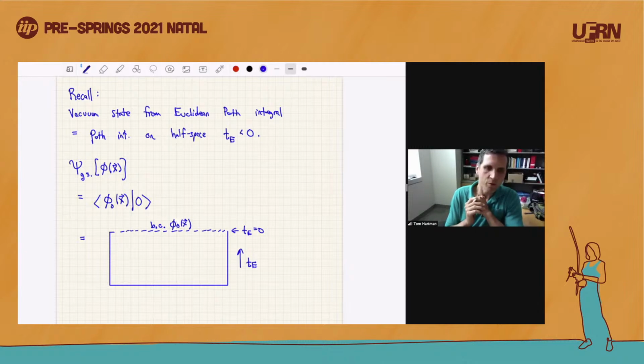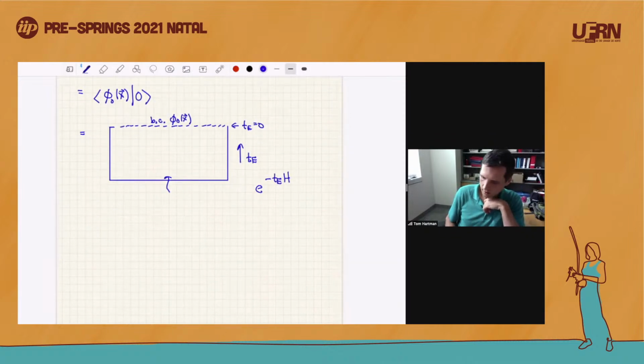Remember, the reason for this is that no matter what junk we put way down here at the bottom of the path integral, this evolving in Euclidean time is an action by e to the minus tE times the Hamiltonian. So no matter what you put down at the bottom, only this evolution in Euclidean time will project onto the vacuum state. Okay, so this is our vacuum,